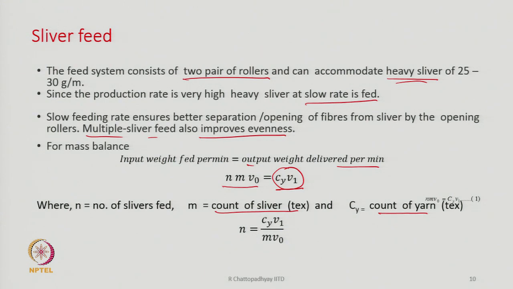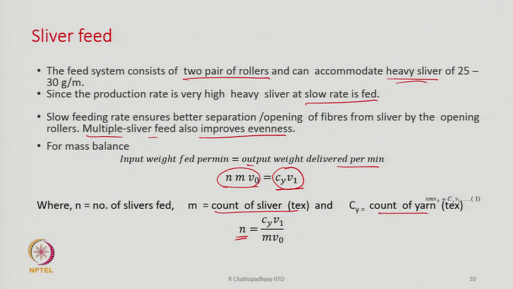in terms of gram per minute, and this side will be the amount of sliver fed per minute, that is gram per minute. So, these two must balance always, and if it is so, we can find out